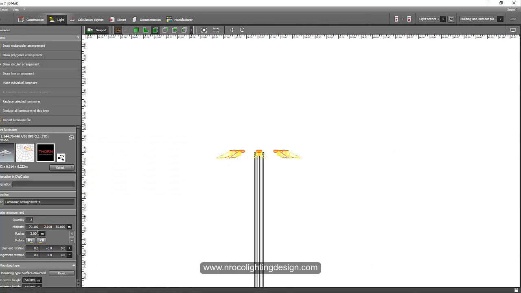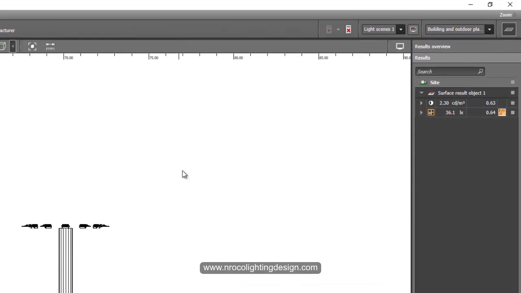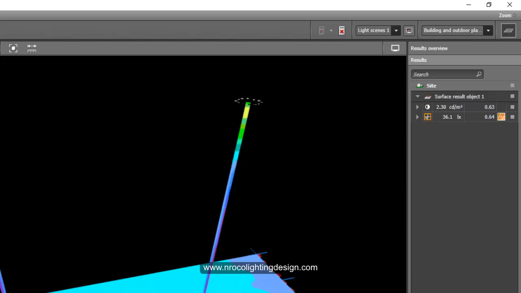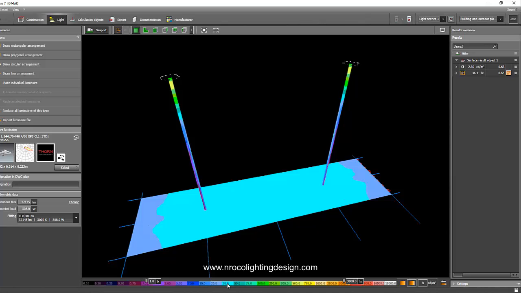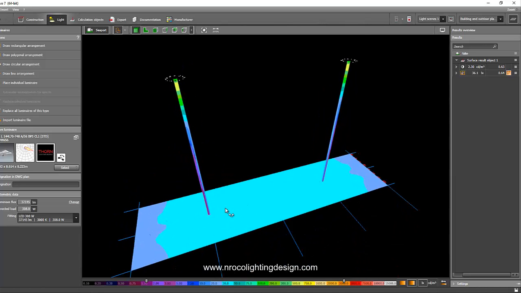Okay, I'll add here and make it 12 also, and remove the tilting of 5 degrees. So let's go and run and check it. Okay, now I have 36 lux. See this cyan is 30 lux, and you can see here it's very good.